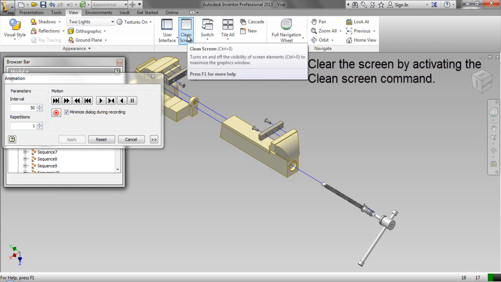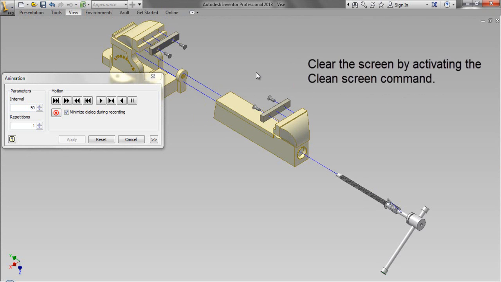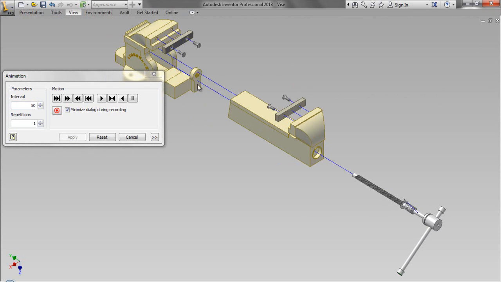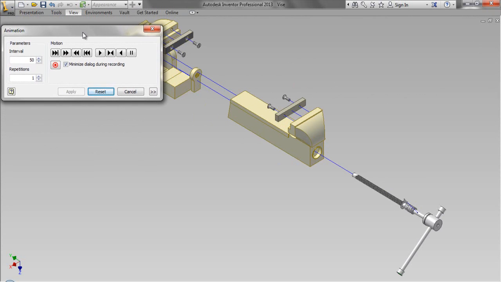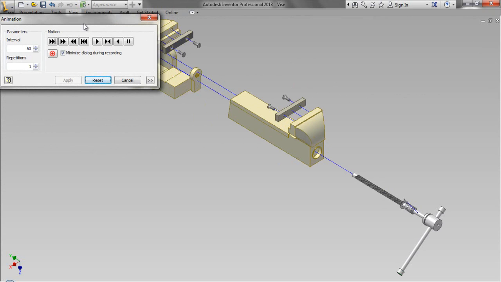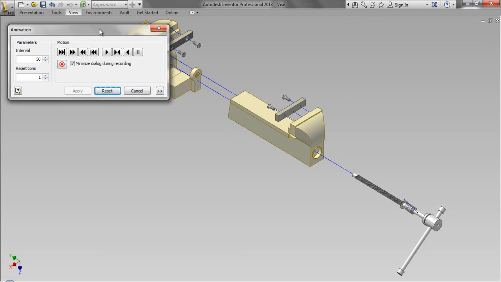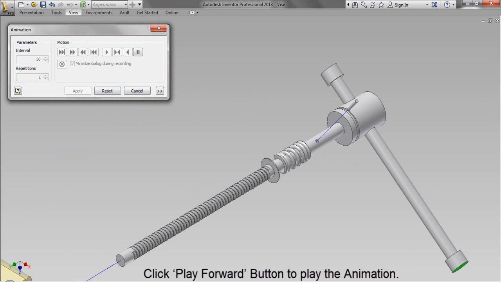Clear the screen by activating the Clean Screen command. Click Play Forward button to play the animation.